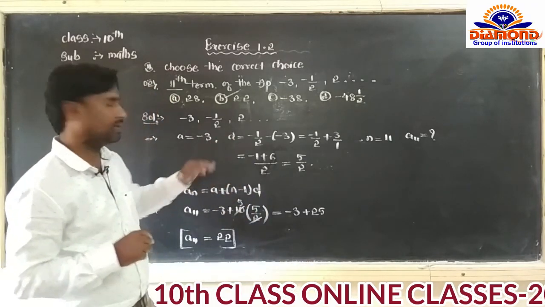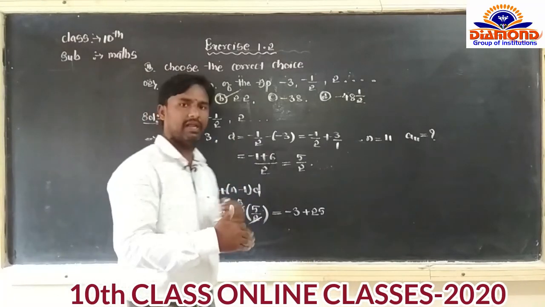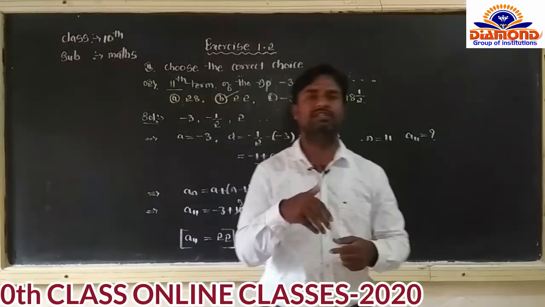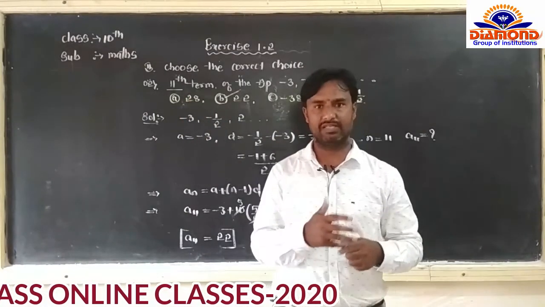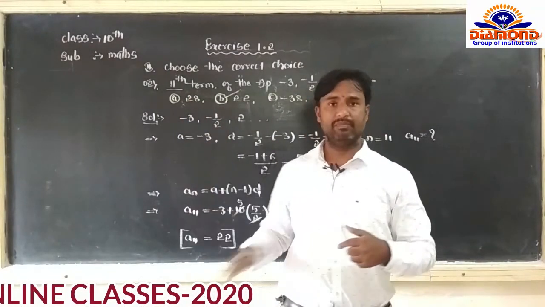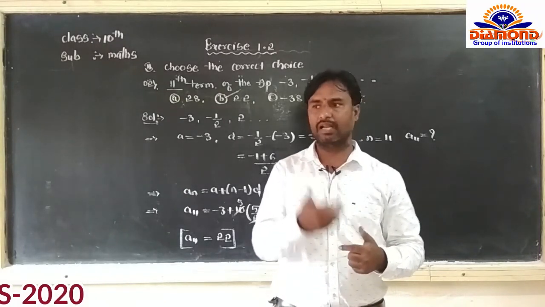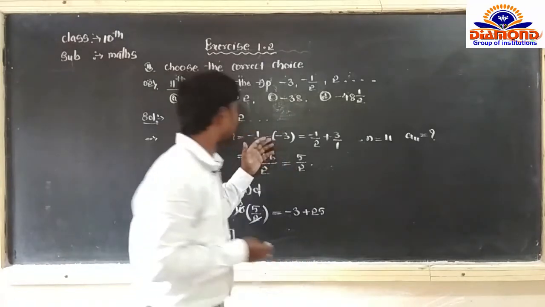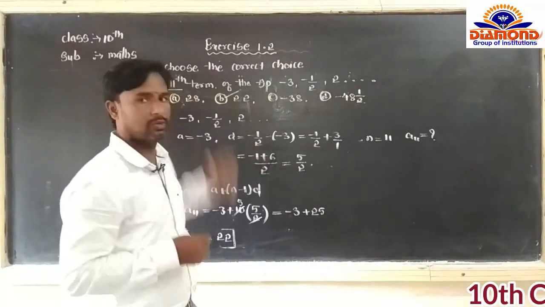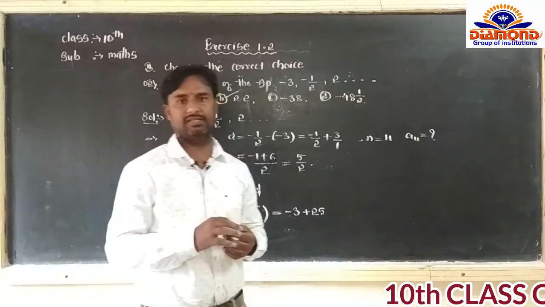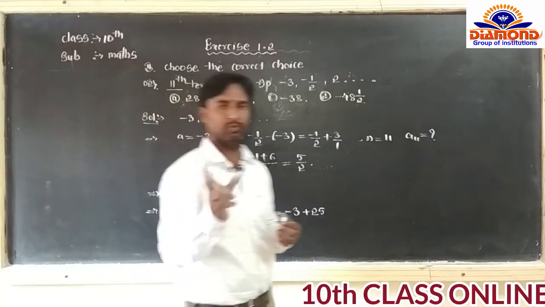Now we are going to the third bit. That third bit we will start in the next period, dear students. Next class we will start. Today we completed the 5th period, dear students. In the 6th period we will start the 6th class. We will start which one? Bit number 3. Bit number 3 is very important, in which we have to find the missing numbers.